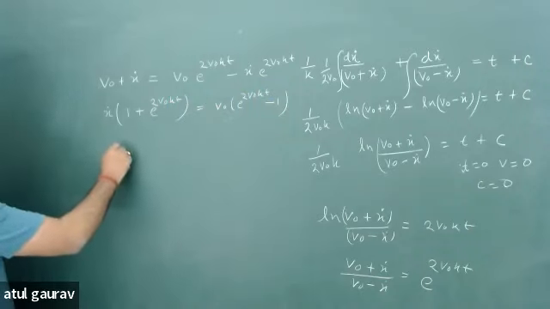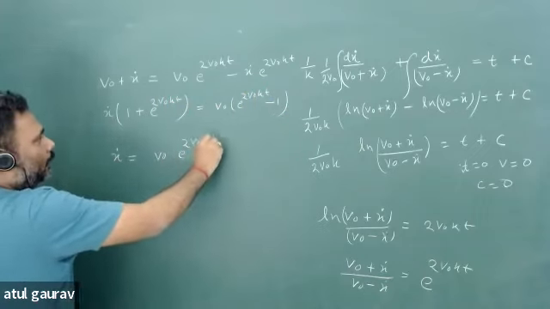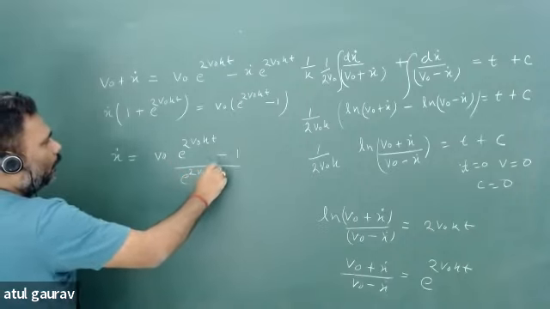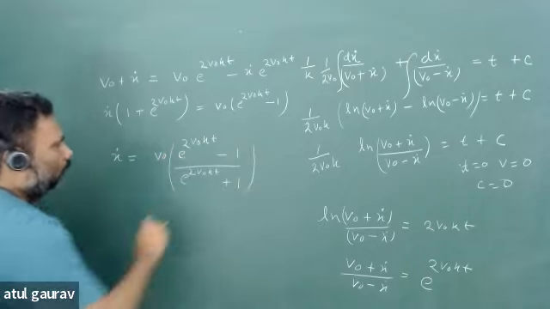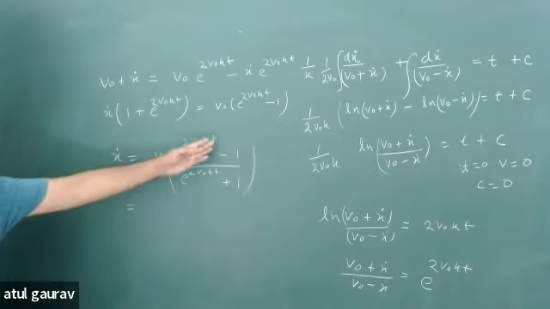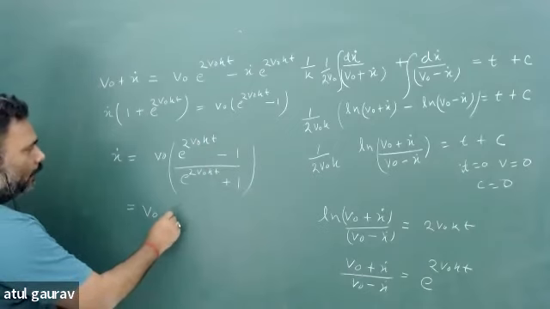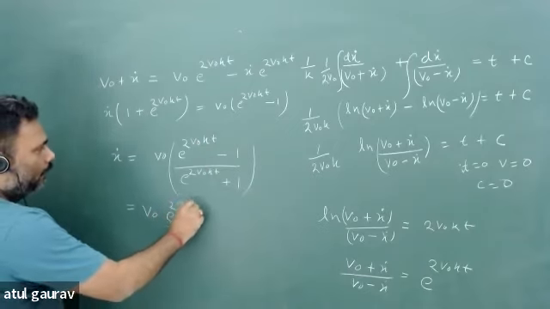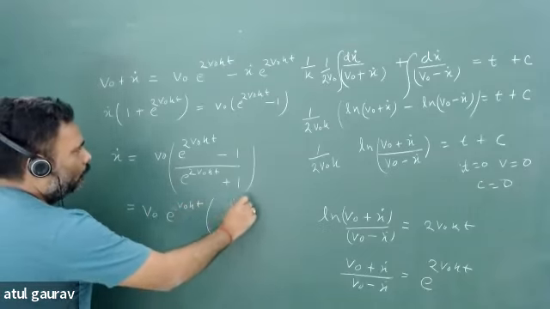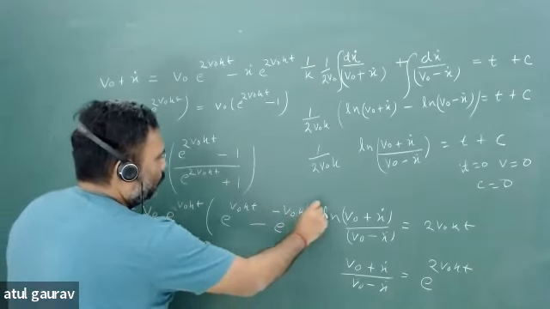So this x dot can be written as v naught e to the power 2 v naught kt minus 1, e to the power 2 v naught kt plus 1. इसको और ब्यूटीफुली आप लिख सकते हो. I can take e to the power v naught kt common from the numerator as well as denominator. So what will happen? E to the power v naught kt I am taking common. So e to the power v naught kt minus e to the power minus v naught kt,